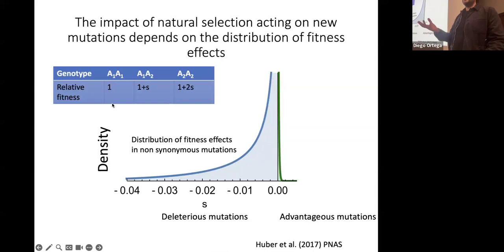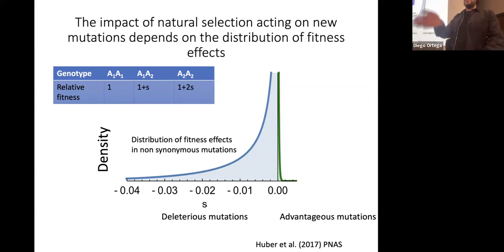Usually the way we parameterize this distribution is we use something called the selection coefficient, where, for example, if you have a heterozygous copy, and if you assume that this is additive, then maybe the fitness for this particular genotype is going to be 1 plus s. And if you have a homozygous genotype for this particular allele, then maybe your fitness is equal to 1 plus 2s. And then this particular selection coefficient can be negative, which means that the mutation is deleterious and it decreases the fitness of the individual carrying that particular mutation,